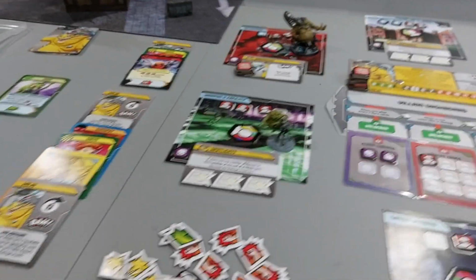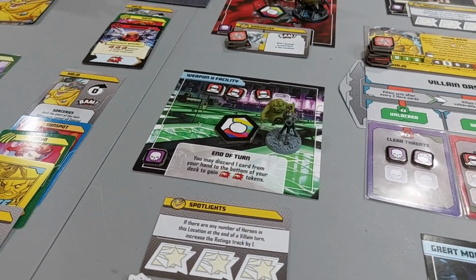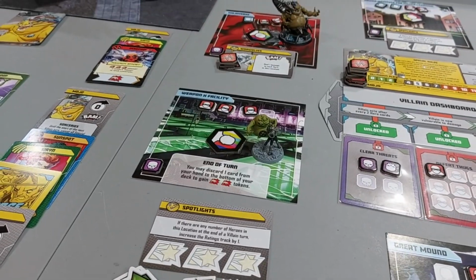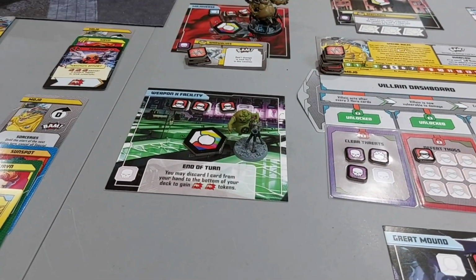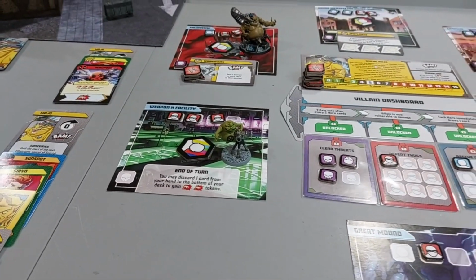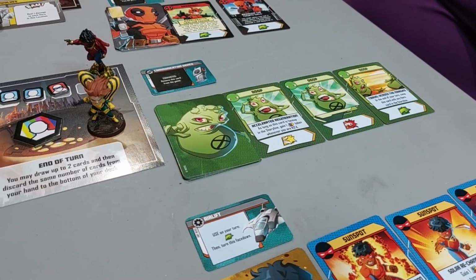Yeah. So when you clear this one up, you may discard 1 card from your hand to the bottom of your deck to gain 2 fight tokens. Nice. Yeah. So the X-Force card's not there anymore, so we could use that. You discard 1 card from your hand to the bottom of your deck to gain 2 fight tokens. I think we will, because Doop also has a card that if he's KO'd, he gets a wild too. Yeah. So we'll get rid of the...